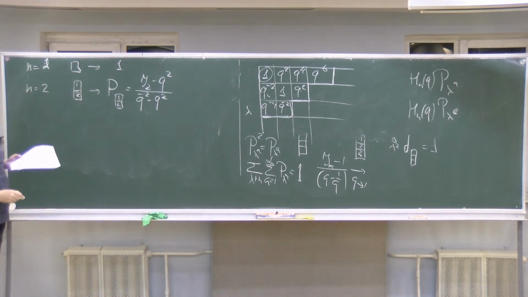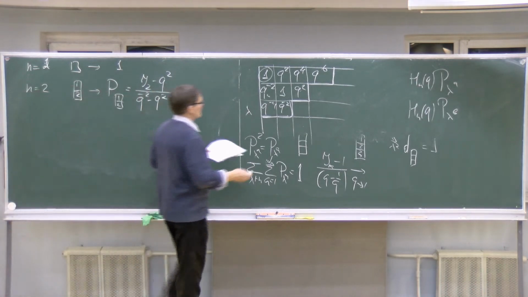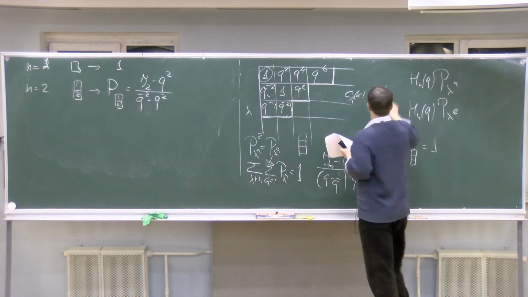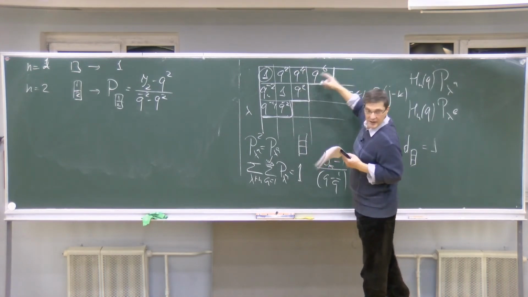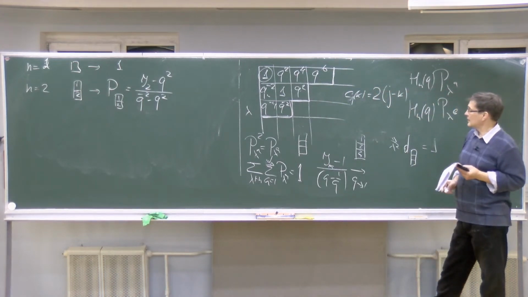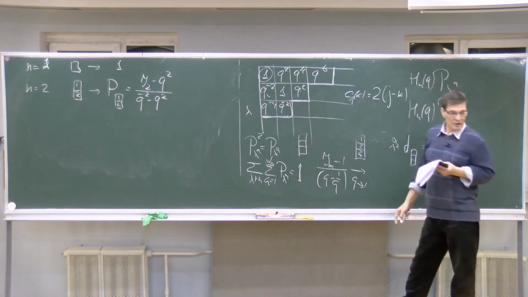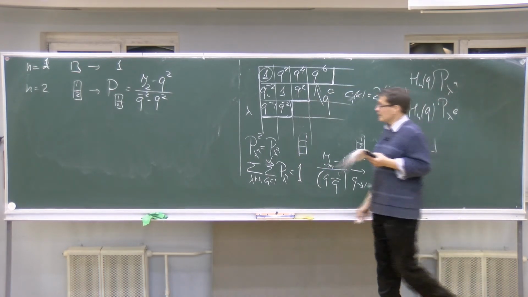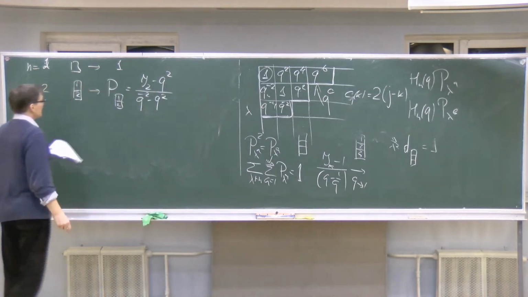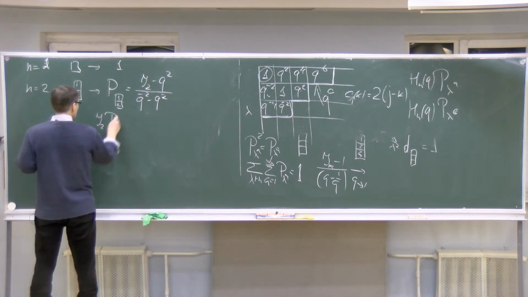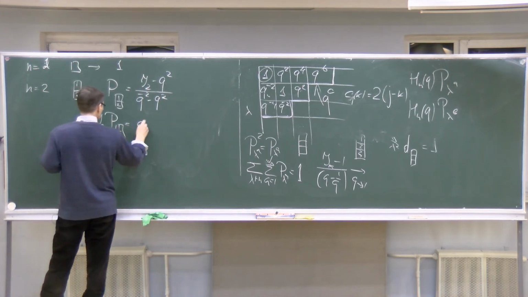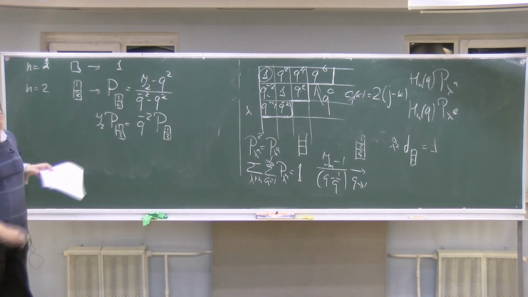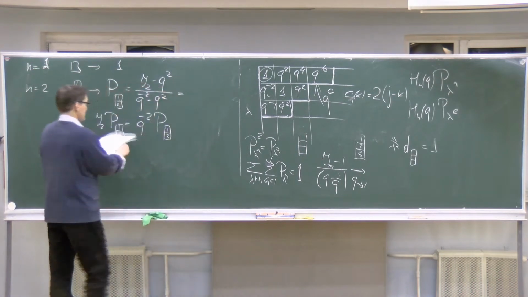What is C Q? C of K is twice the difference of J minus K. J is the column, I is a row. So I write here all Q to the C written here. So here the condition G2 P1 2 is equal to Q to the minus 2 P1 2. It is a direct consequence of the Hecke condition, because I can simplify this expression to the following form: